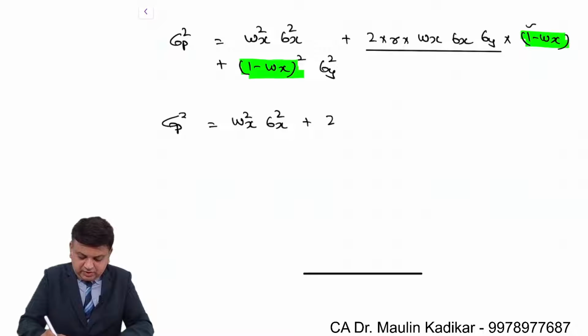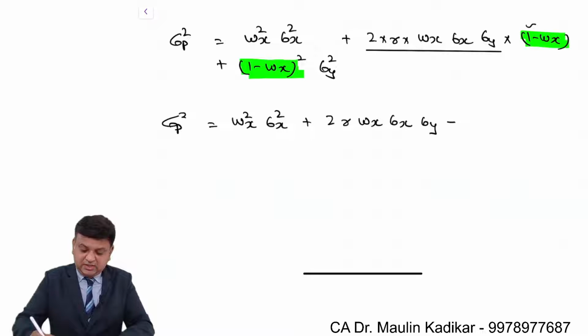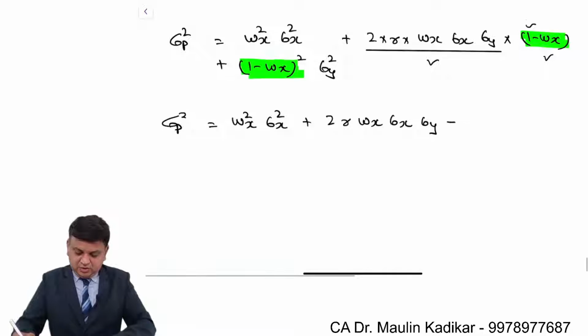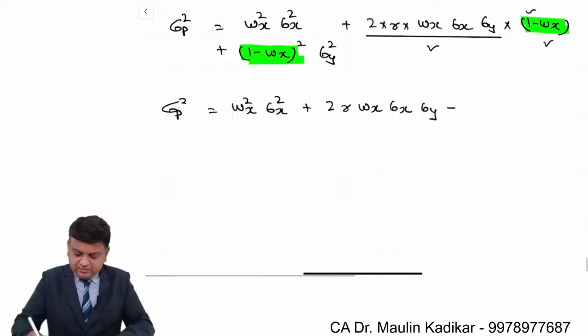So it is 2 into r into wx into sigma x into sigma y minus, again this entire value is multiplied with negative wx. So what will happen? Negative 2 into r into wx raised to 2 into sigma x into sigma y